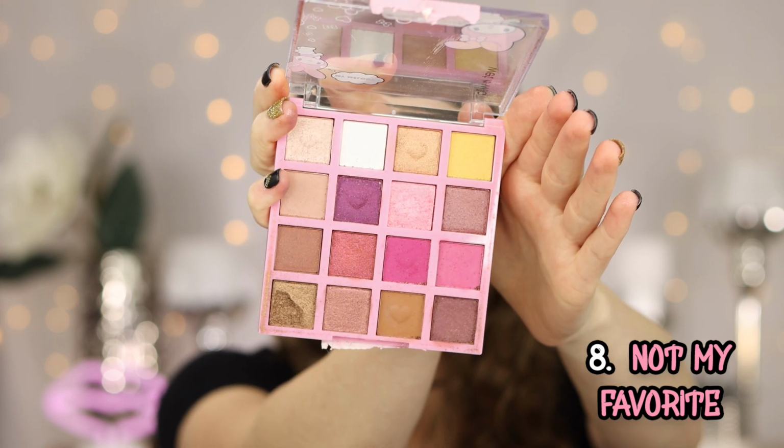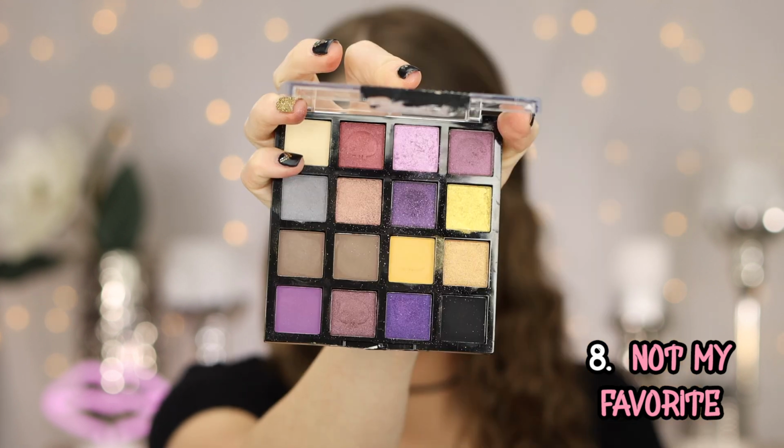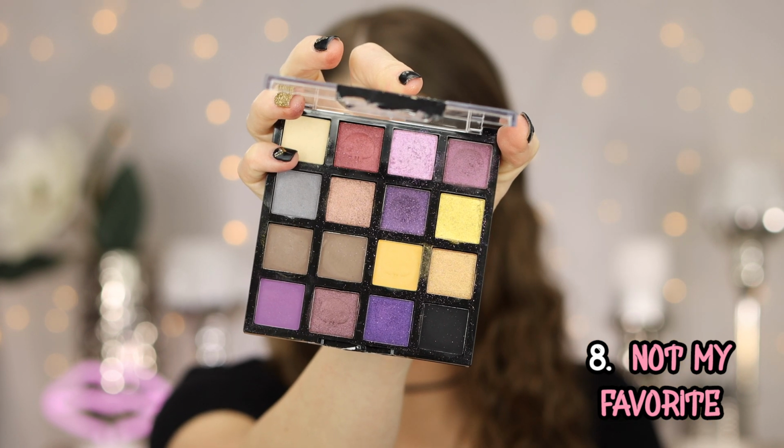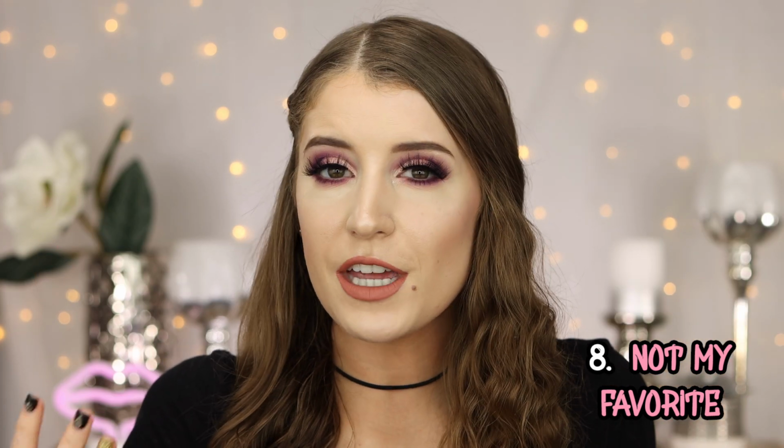So the My Melody palette is a cute palette, but I feel like the shades are all a little bit too similar. And then we have the Kuromi palette, which mine is defective. It came with like 2 of the same shades. I just don't really find myself reaching for these anymore, and the formula is good for like